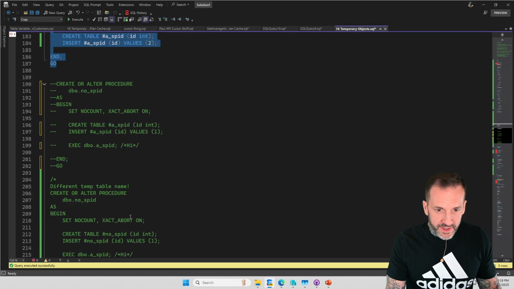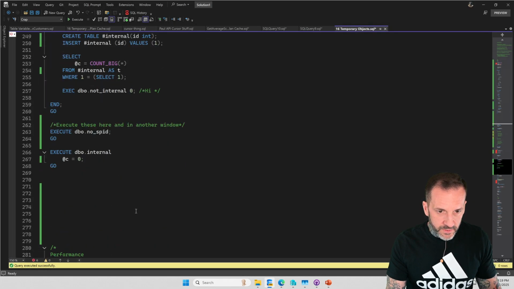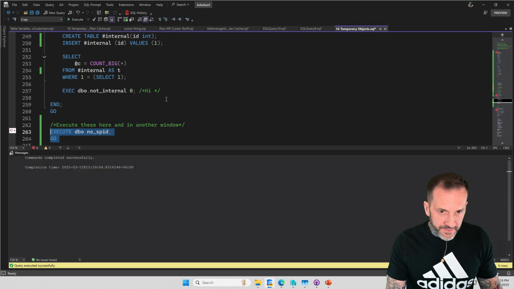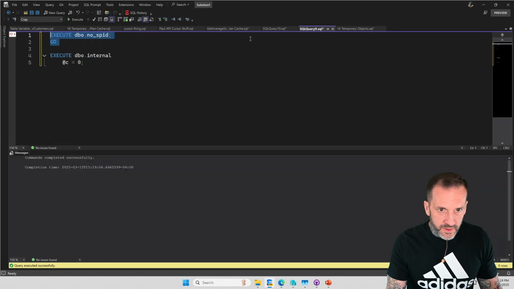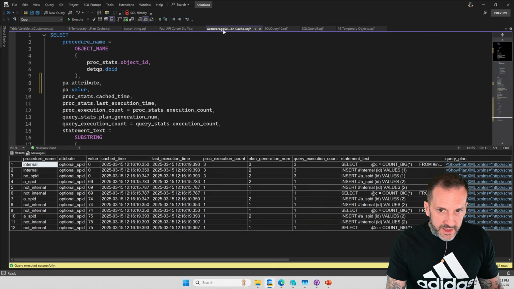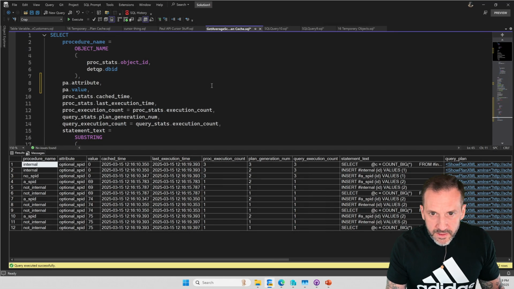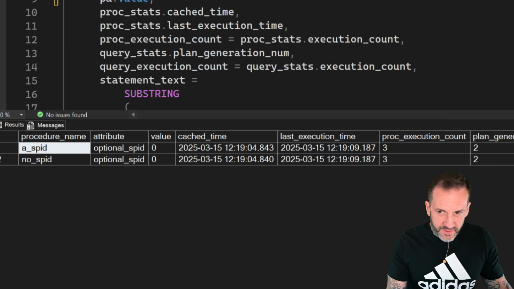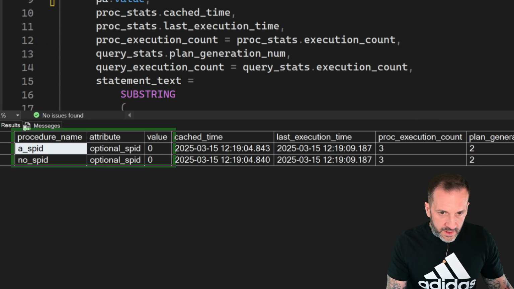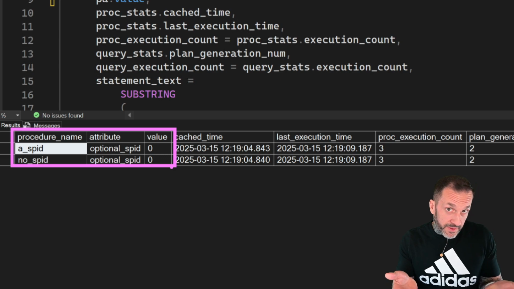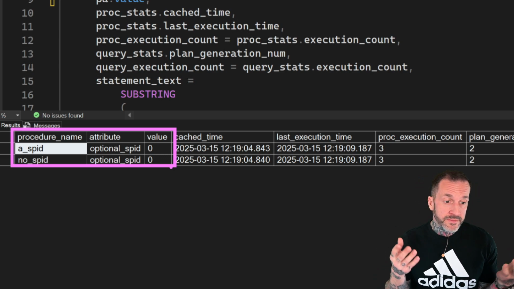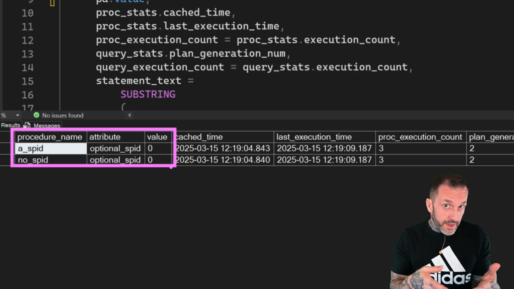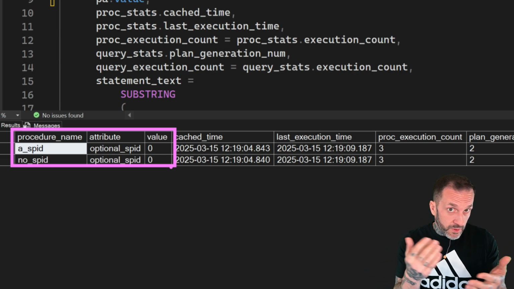Oh, wait, you know what? I have to do that down here first, don't I? I do. We're going to run no spid here first. We're going to run no spid here second. And we're going to run no spid here third. And now, when we look at the plan cache, both of these are going to have a value of 0, right? So unique temp table names do help reduce this problem, but